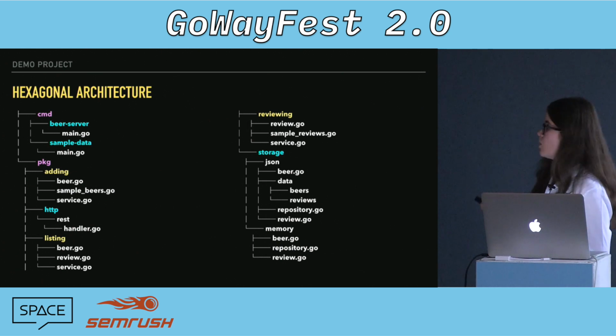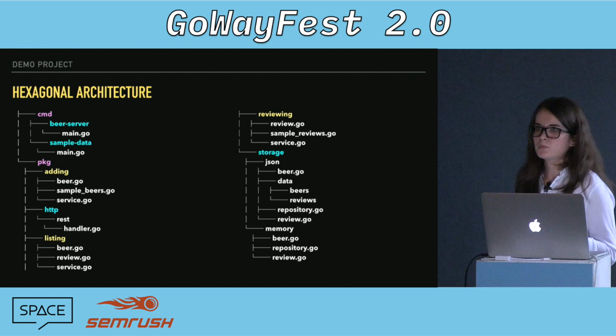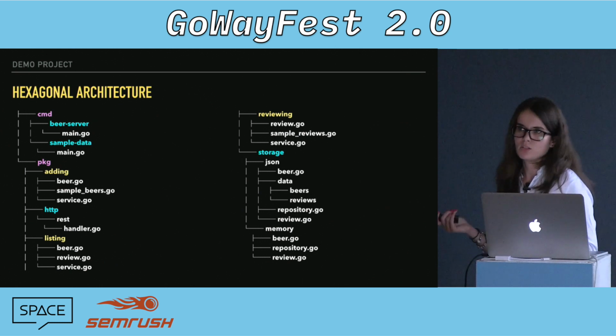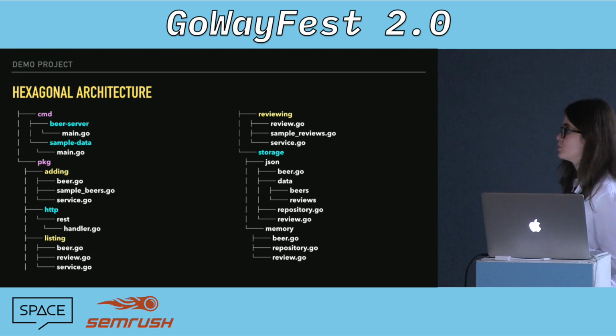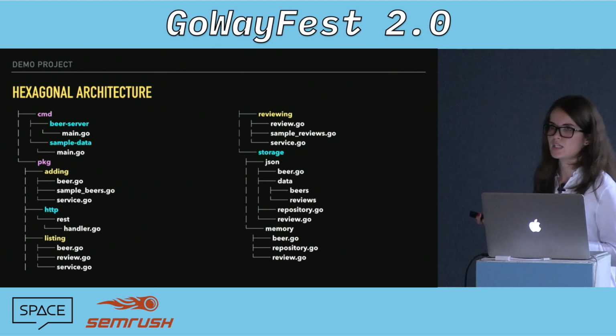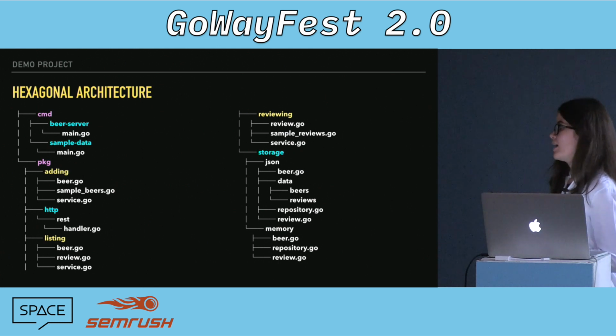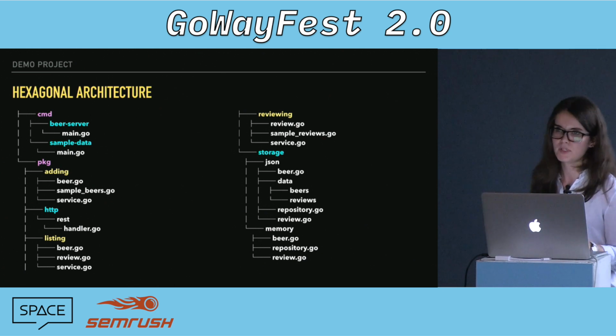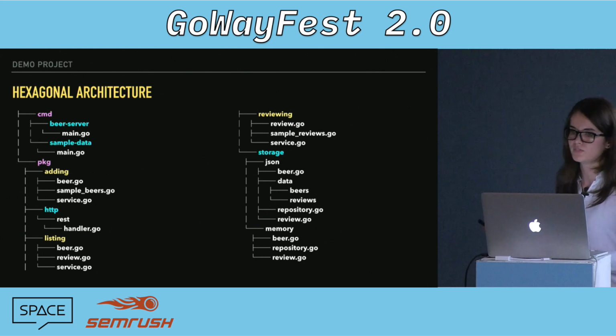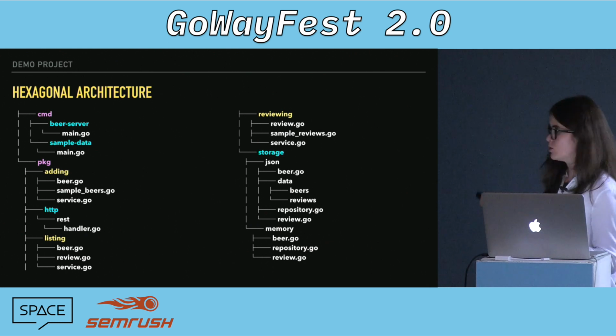And coming back to the problem of what if I wanted to add a new client, like a command line interface? Well, it's as simple as adding another subpackage under CMD, another main.go, which will start up the command line prompt. And that can still use all the services that are defined here. I don't need to change anything in the PKG package just to add a command line interface.